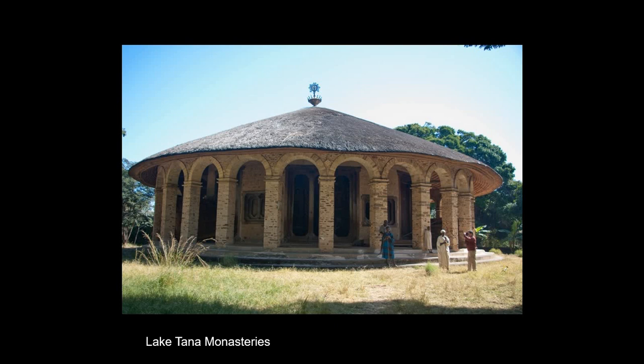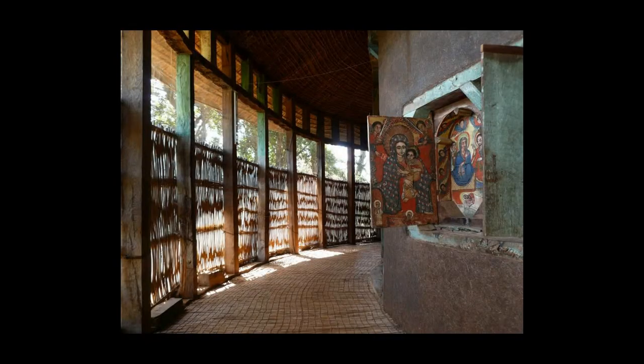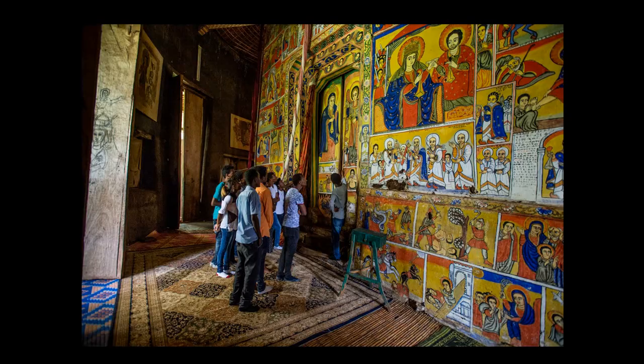And they have this incredibly iconic shape, a kind of church architecture that doesn't exist anywhere else in the Christian world. You have these round churches, which seem to be based on native architecture, but also incorporate things that they took from Coptic and Eastern Christian churches as well. They have these large verandas, and on the inside of the verandas we have representations of saints. King Solomon are very popular, but also the Virgin Mary is popular.